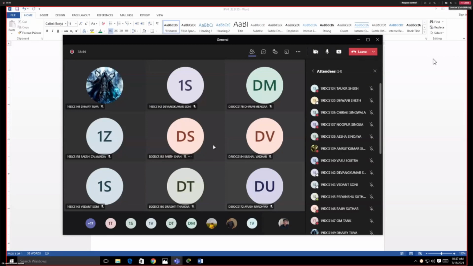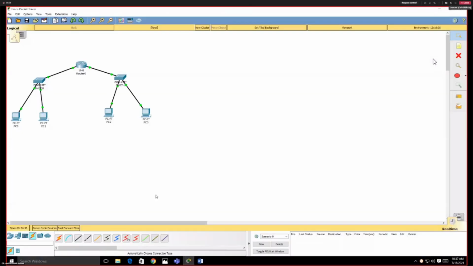about LAN cable, and LAN cable can be configured as straight through cable. The same LAN cable can be configured as crossover cable as well. So if you see the topology which we have designed, the cable which is connecting computer and switch, the cable which is connecting switch and router, this is a LAN cable, and it can be a straight through cable or a crossover cable. I will explain what is straight through and crossover.